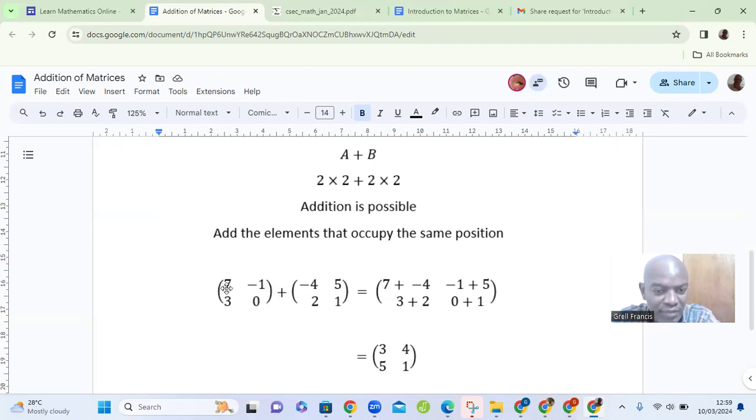So you add 7 plus -4, here it is, -1 plus 5, okay, 3 plus 2. You cannot add 3 and 1, okay, because 3 occupies row 2 and column 1, but 1 occupies row 2, yes, but column 2. Okay, so 3 must be added to 2, and 0 added to 1, here it is, and you simply add